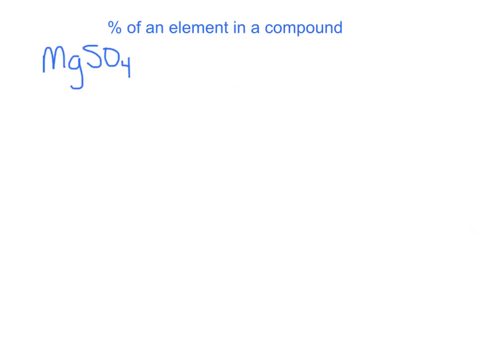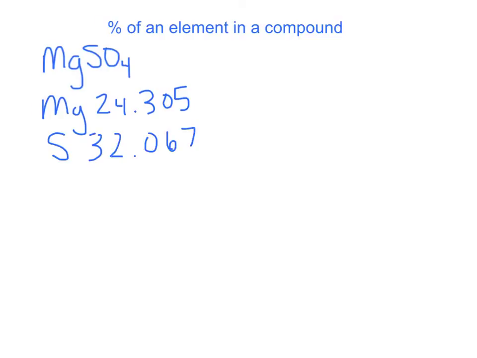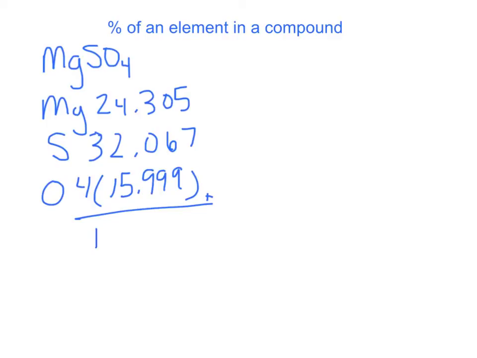Okay, so if we want to find the percent of an element in a compound, we need to first add it up like we do on any others to find the formula mass. So we'd look up magnesium, and magnesium is 24.305. Sulfur, we have 1 of those, and that's 32.067. And oxygen, we have 4 of them at 15.999. So we're going to add those up. And there's a reason I do it like this. It just makes it nicer to find the percent. Okay, so this adds up to